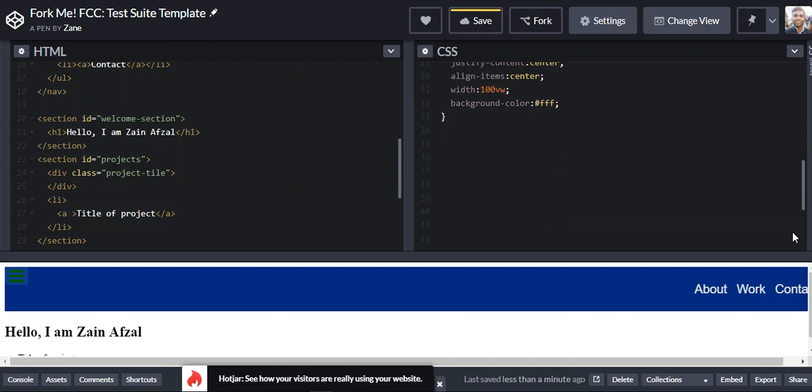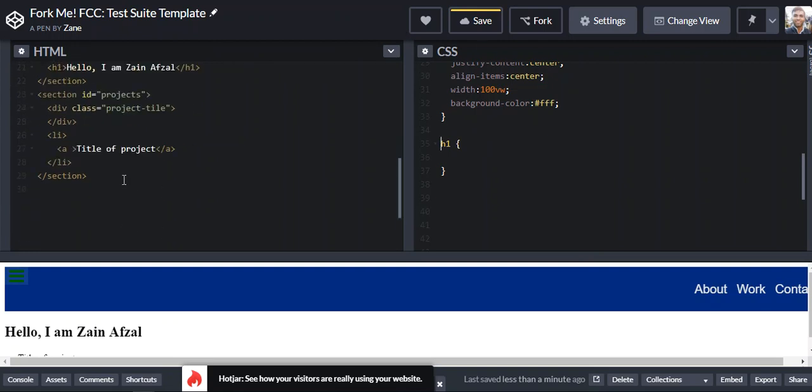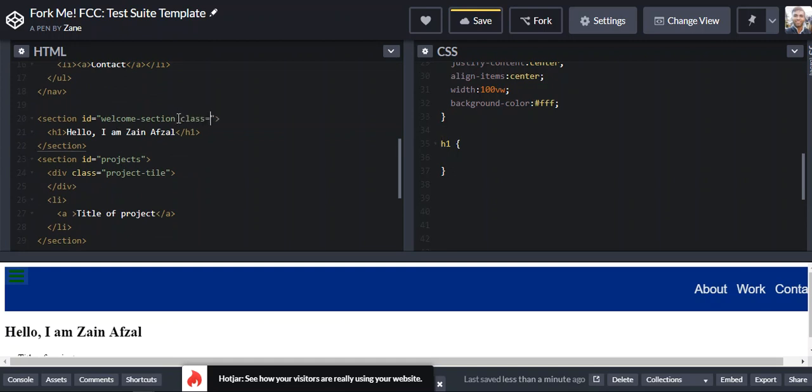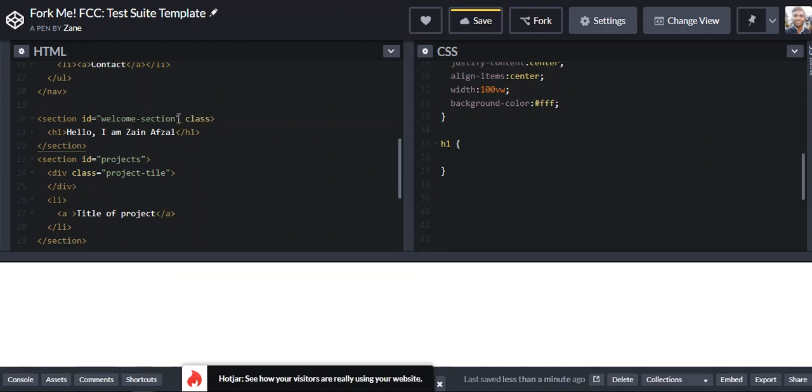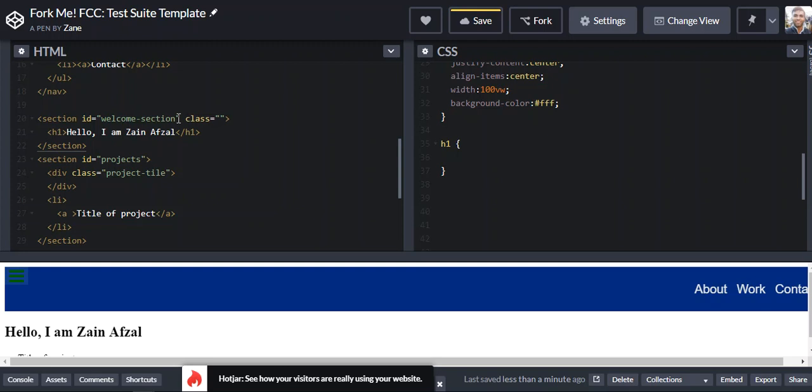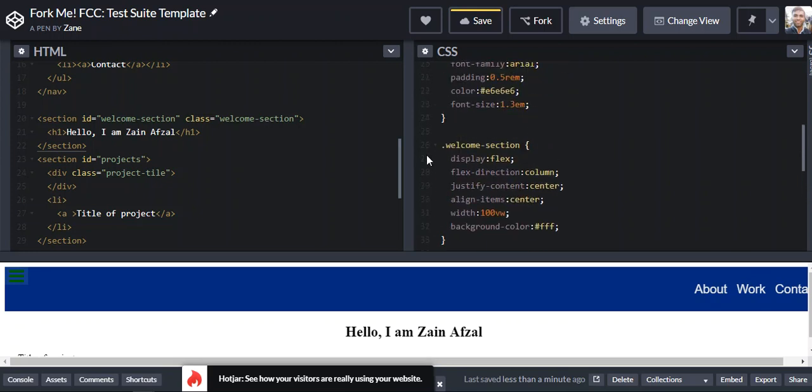Alright, so the heading would be, I would probably do, just to be on the safe side, okay, so I need to say that the class, I don't want to use the ID in the CSS for this particular section, so I'll use the same name of ID as a class, and then this one can go class welcome section heading. Yep,